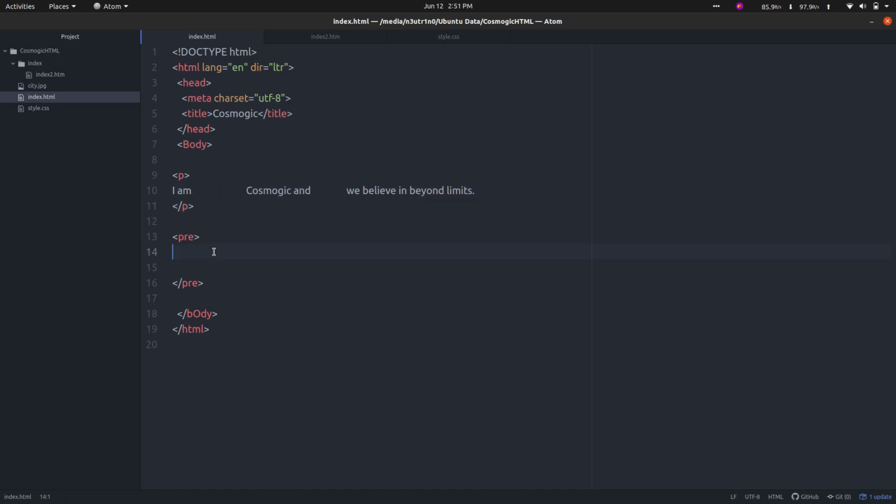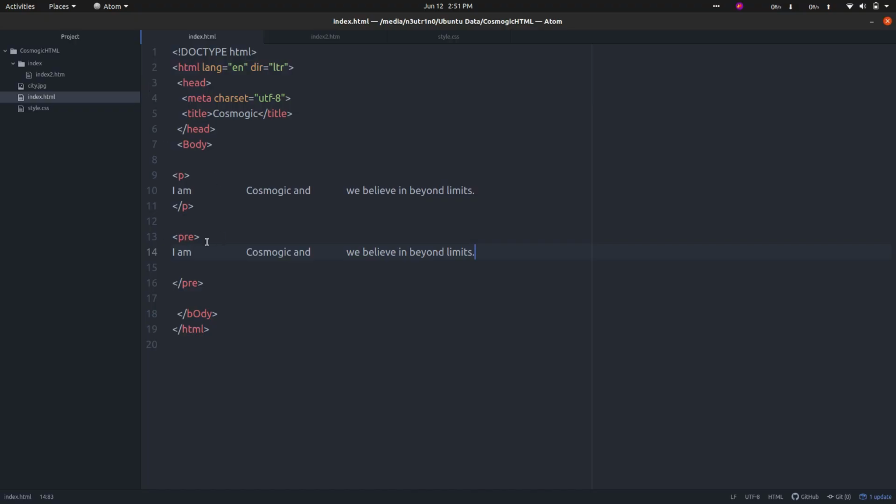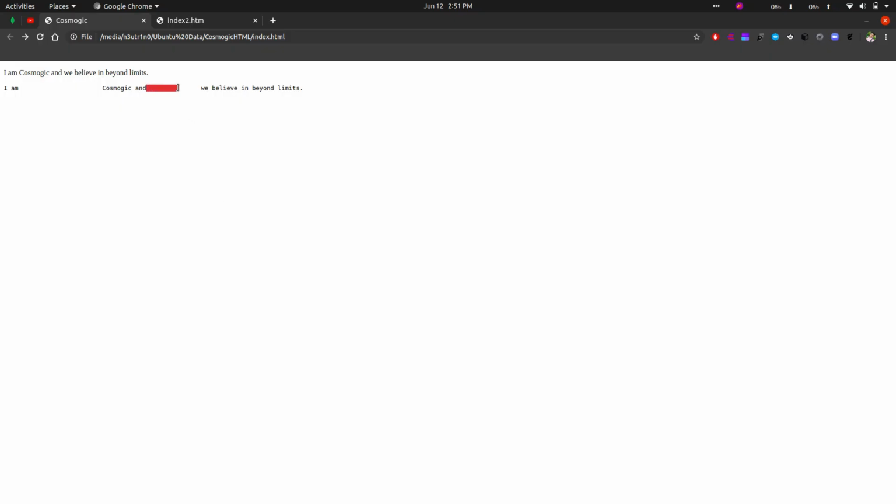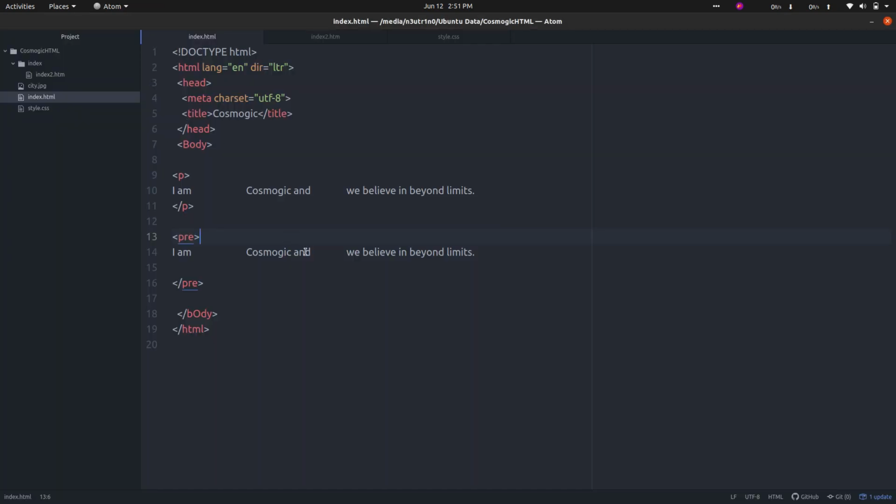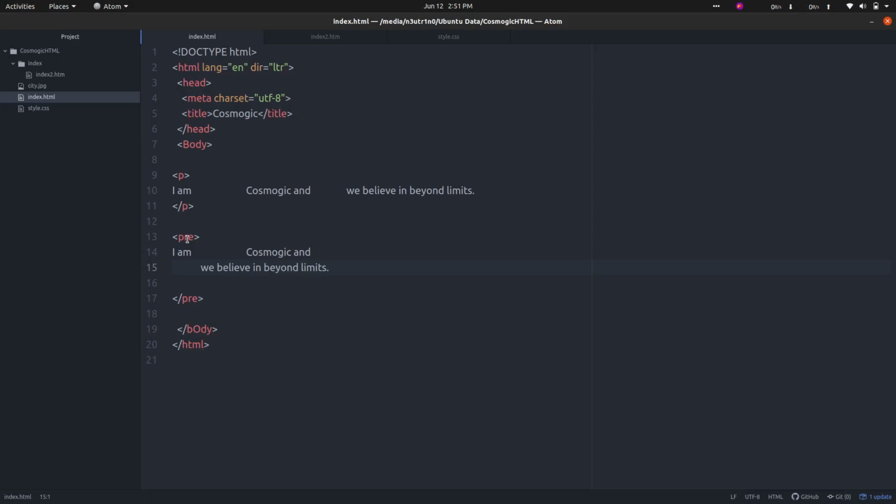Like if I copy this here and paste it here, and if I refresh the page, you can see I have used very big spaces here, so it is rendering it as it is. It is giving me very big spaces here. If I put it on the next line, it makes it go to the next line with the big space. So this is the basic use of the pre-formatted tag. It renders the text that is written inside it exactly the same. It is very helpful when we want to write a simple quotation or a poem like Jingle Bells.